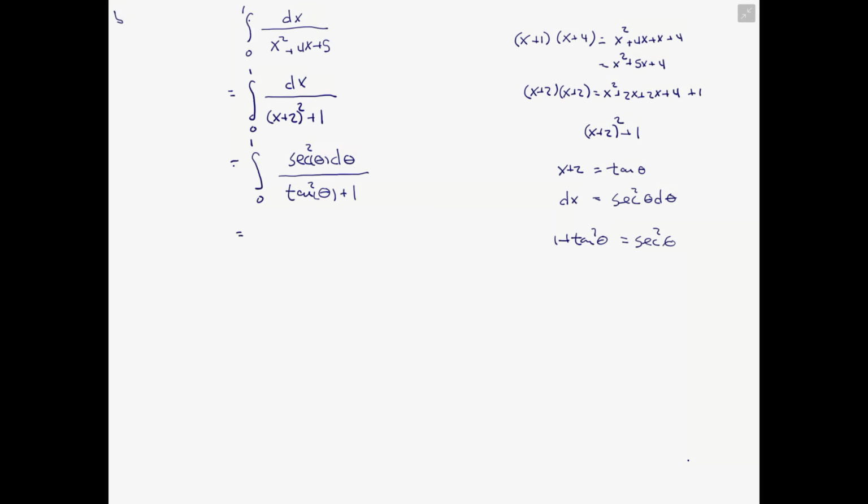And 1 plus tangent squared theta is equal to secant squared theta,